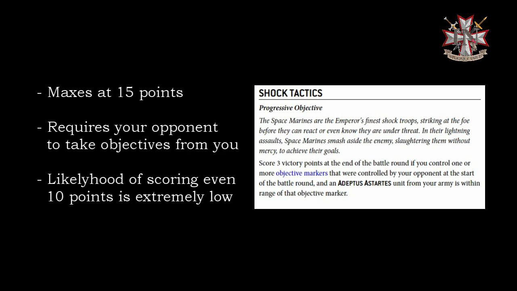And our final one is going to be Shock Tactics, which is out of the Space Marine Codex. Score 3 victory points at the end of the battle round if you control 1 or more objective markers that were controlled by your opponent at the start of the battle round. So this one is okay. It's not something that's going to be front and center, but it relies entirely on what your opponent is doing,